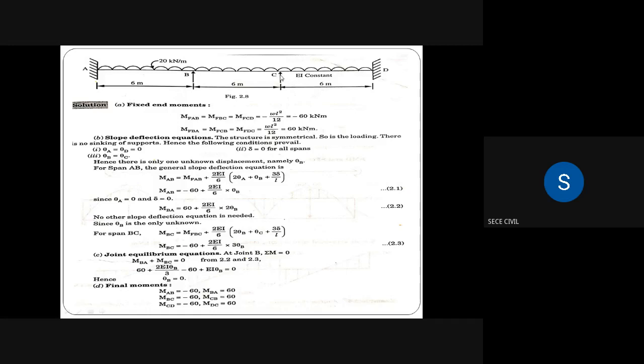If we go for joint C, we'll have MCB, MCD and all. So we have to take joint B only. So MBA plus MBC is equal to 0. So MBA